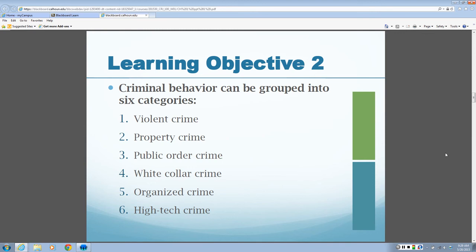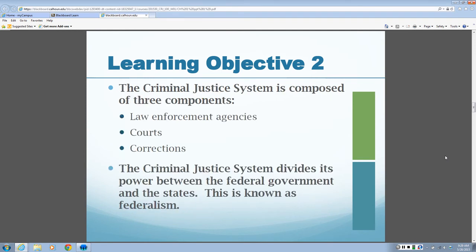For example, murder would be violent crime, but if it's a murder being carried out by a mobster, somebody who's in a gang of some sort, then that would also be organized crime. If a gang or the mob is carrying out cybercrime, that's high-tech crime, but it could also be considered organized crime. So not every single crime neatly fits in every one of these categories independently. Sometimes, in fact, many crimes can fit into more than one category. It just depends upon the context in which